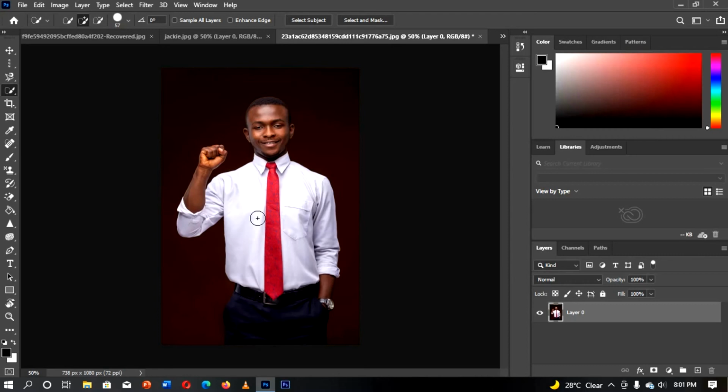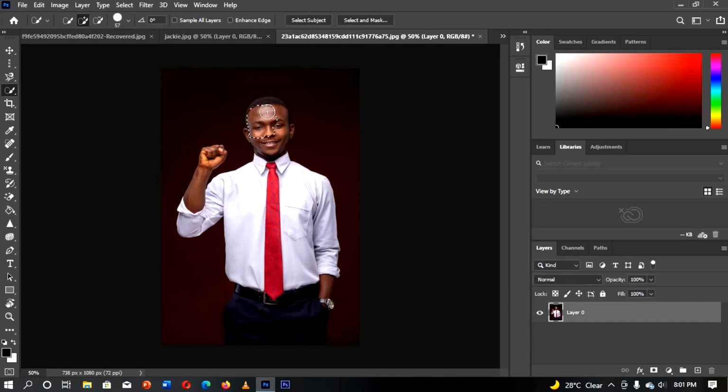As the name goes, it's a selection tool, but it helps you to make that selection very quickly. So what you're going to do here is, if you left click on the image, a selection is going to be made, and you can just move